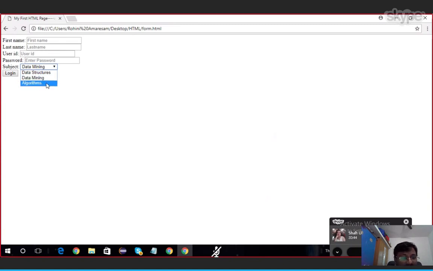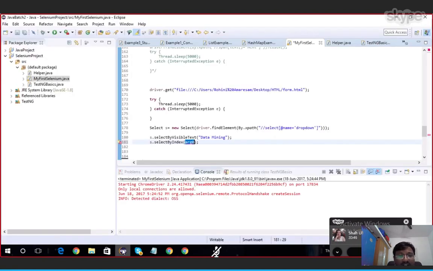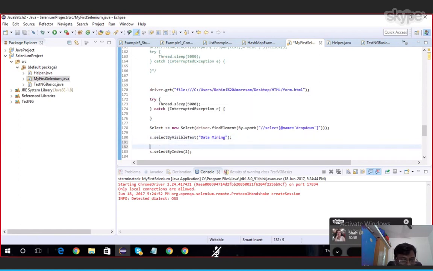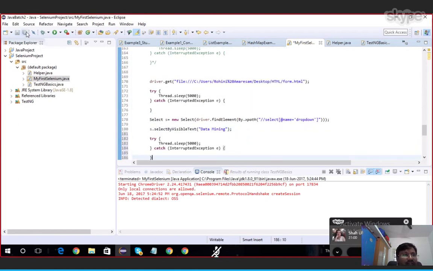Consider if you want to select algorithms. Now pass the index, and it will change to algorithms. To observe that, give some sleep time here so that we can observe.